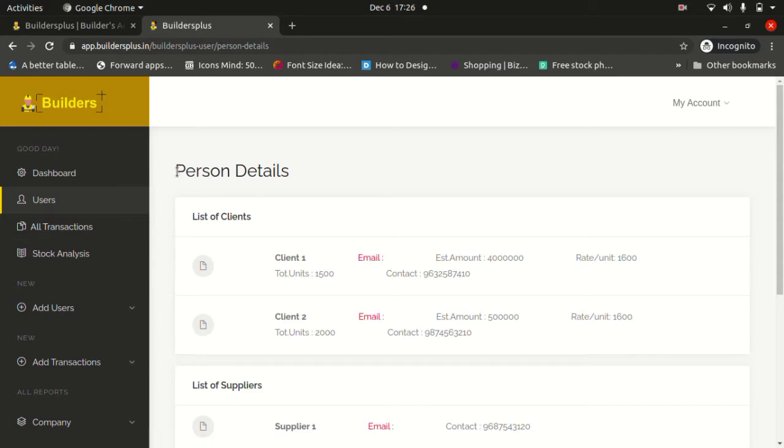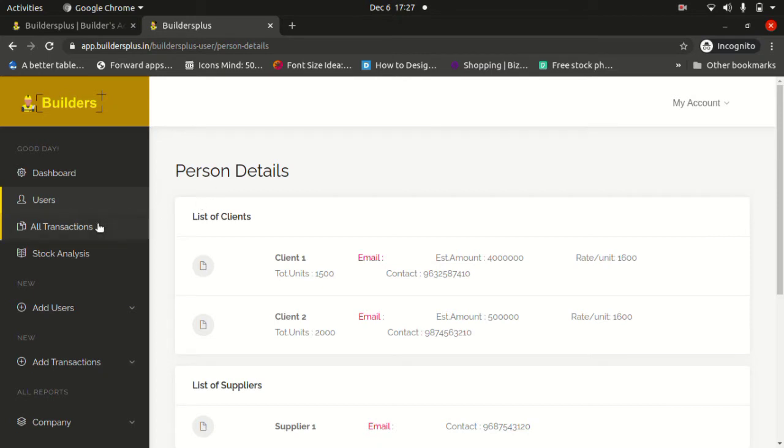So the importance of this video is to explain the reporting. As a builder, you may consume data; you can do the material purchase, subcontractor works and client transaction, all three transactions, in the mobile application. What the desktop application does is let you generate reports. It will be a multi-dimensional report across 20 plus reports. You can get it from this desktop application. I will explain one by one.